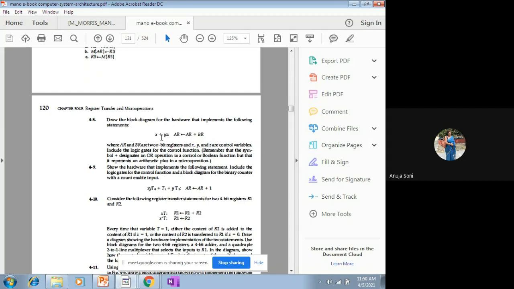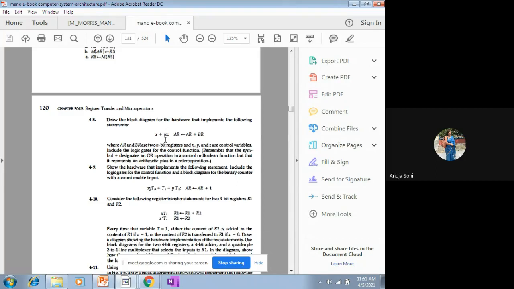This plus in the control function specifies the OR operator, whereas this plus on the right hand side specifies the addition operator. Do remember this is the difference of the same plus being used on the left hand side and right hand side. In the control function, whenever we talk about this plus operator, it signifies the OR operator, and on the right hand side this plus operator signifies the addition operator, right?